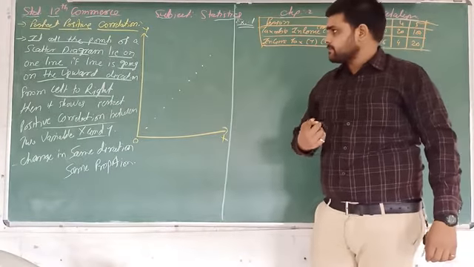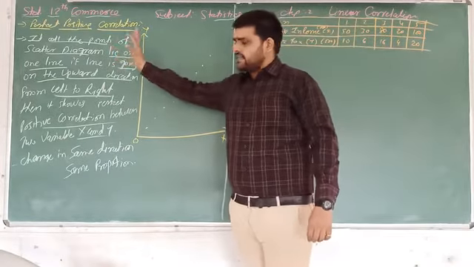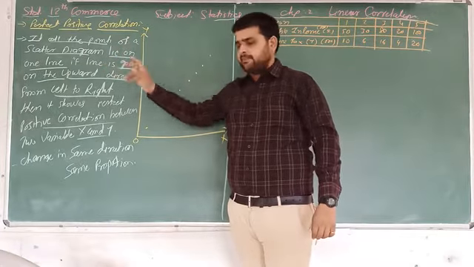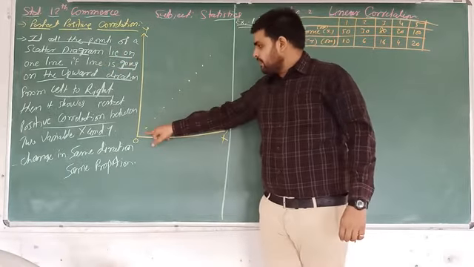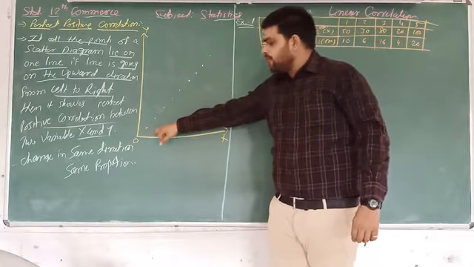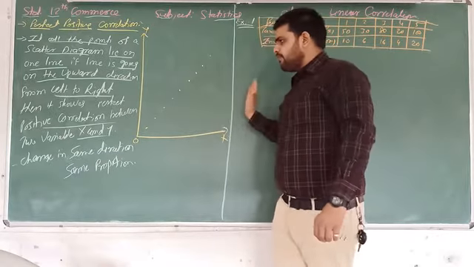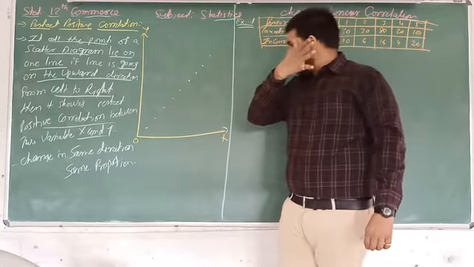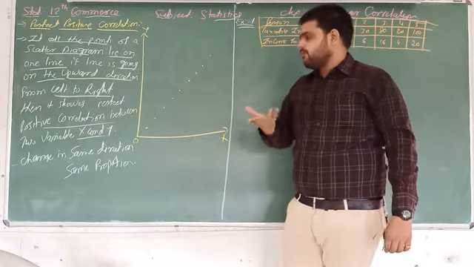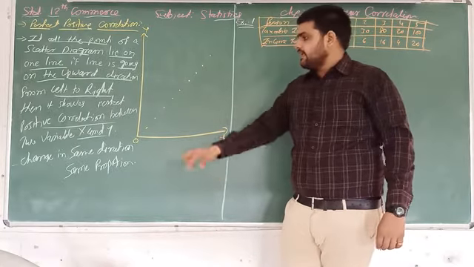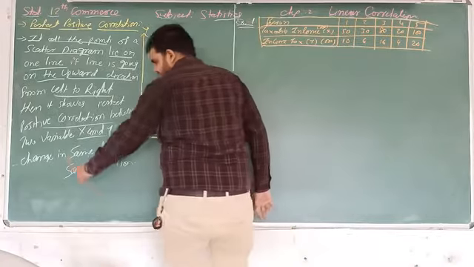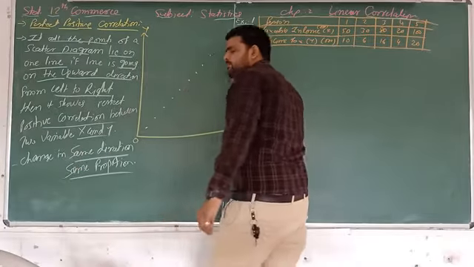Again friends, when two points on a scatter diagram lie on one line, going from downward to upward, from left to right, it shows perfect correlation between two variables. When is this possible? It is possible when the change is in the same direction with the same proportion.